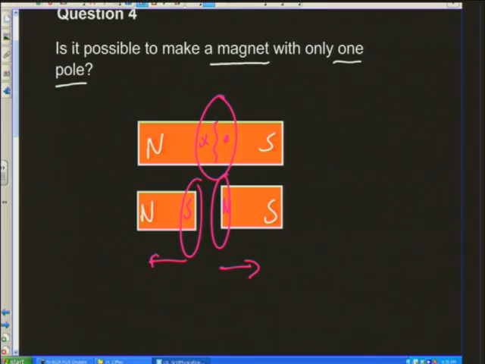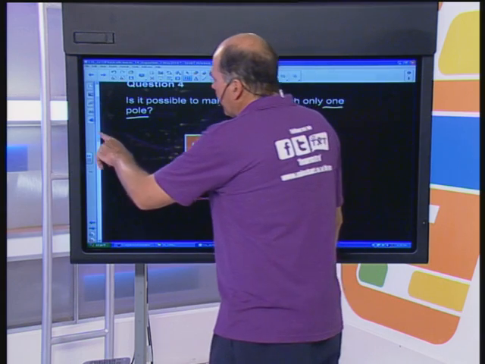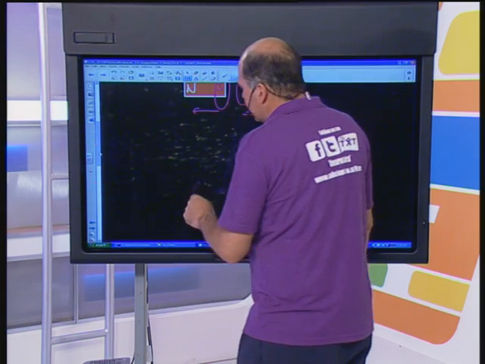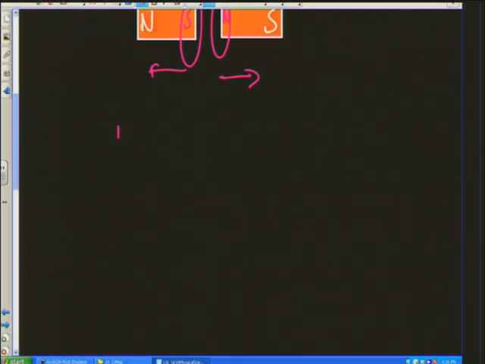I haven't really explained why. So that's the original explanation. Doesn't matter where you cut a magnet, it wants to stay as one piece. But why is that the case? Well, it goes down to the microscopic level. And it doesn't matter how small you go. If you were to go right down to the bottom of the atom, you go very, very small, so you only had one atom, one end of the atom. Let me just draw it as a circle.